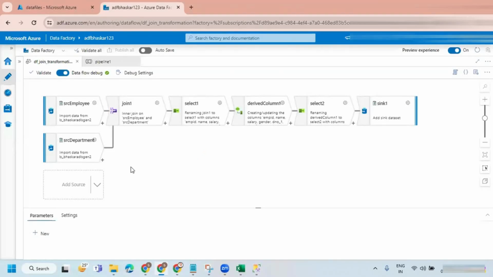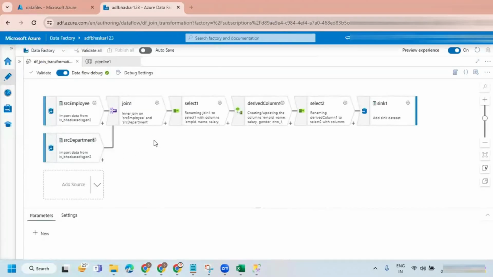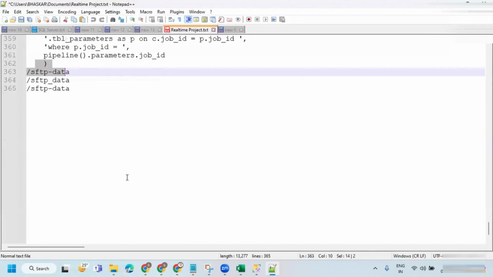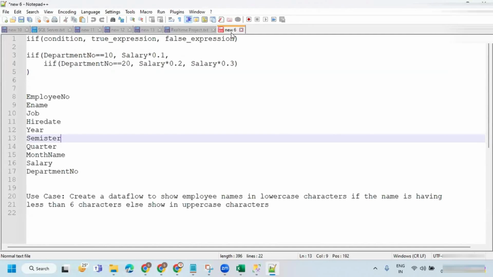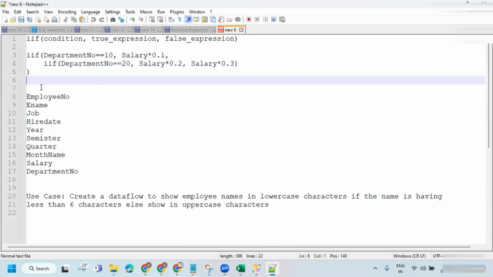Okay, I understand. I'll give the answer. Basically, when you write an expression, always try to open Notepad++. That will give better syntax, and writing the syntaxes is much easier. If I do the same thing directly there, it will be a little difficult. Many times I go with this particular approach: if you know the syntax, write it here and paste it there. That will be the best practice.